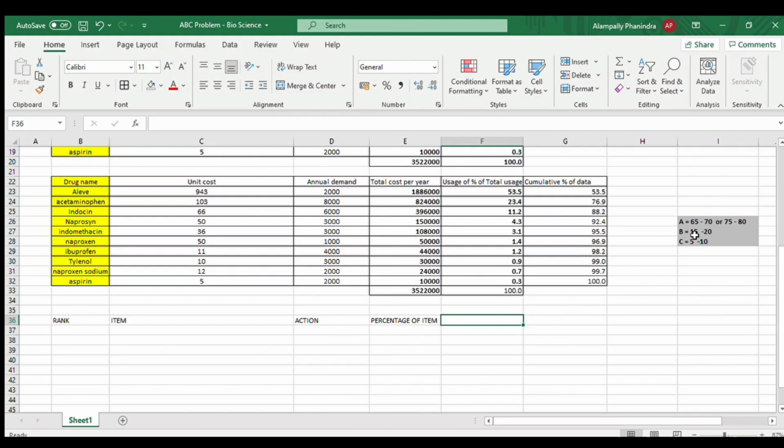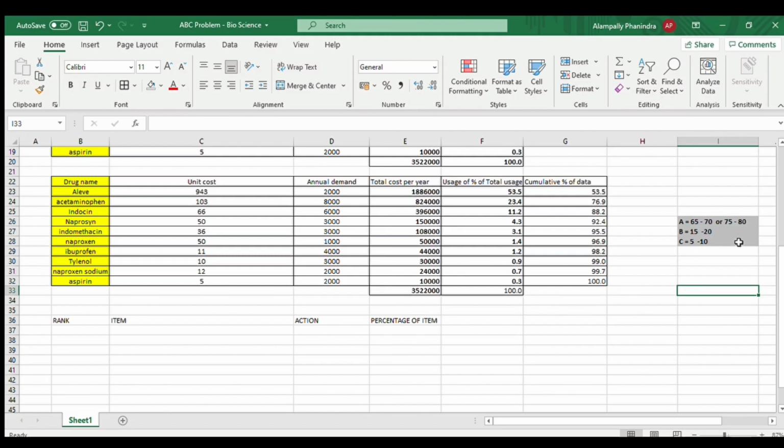If that percentage is 15 to 20%, then it can be listed in the B category, in the rank of B. Okay, or else if the total of the drug quantity or the percentage of the item is 5 to 10%, or between them, then it will be ranked under the C category. So this is a rule which should not get violated. You should definitely follow this, right?